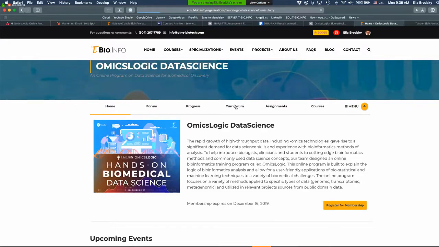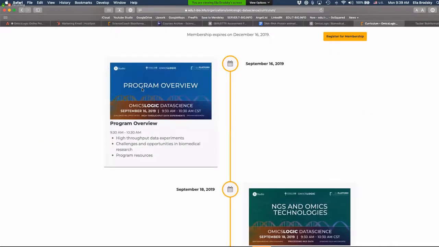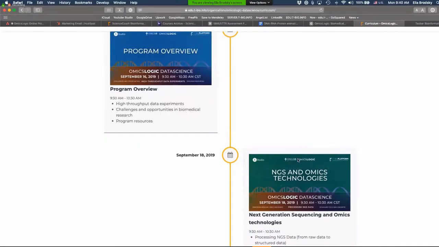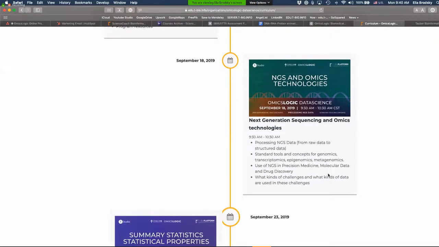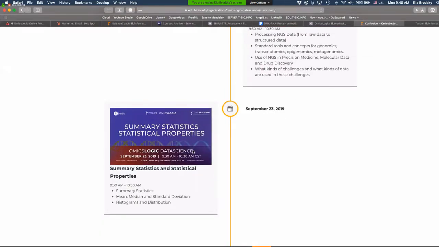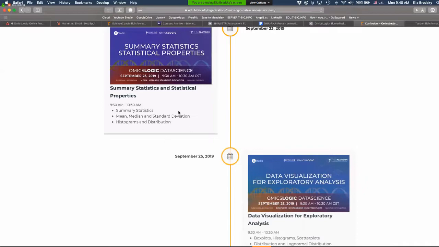The curriculum page lists out all of the events by date. So you'll be able to see that today we are doing the program overview, which gives you a breakdown of some of the topics that we will be covering. Then you can see that we will go on and talk about next generation sequencing and various omics technologies. We will talk about summary statistics and what those statistical properties are, data visualization for exploratory analysis, factor regression analysis,